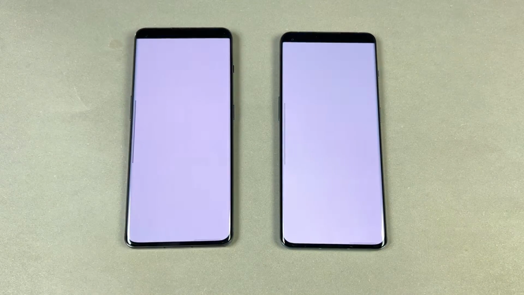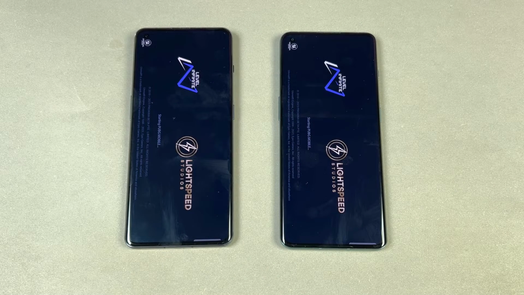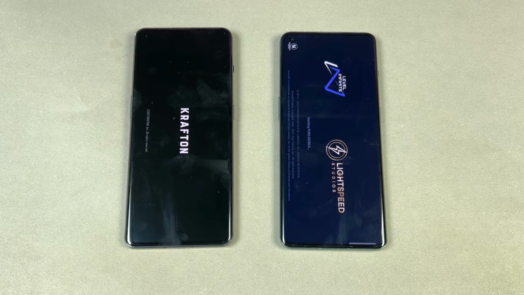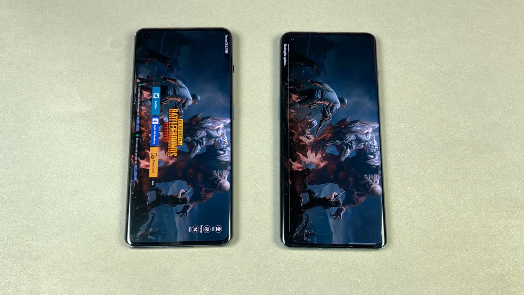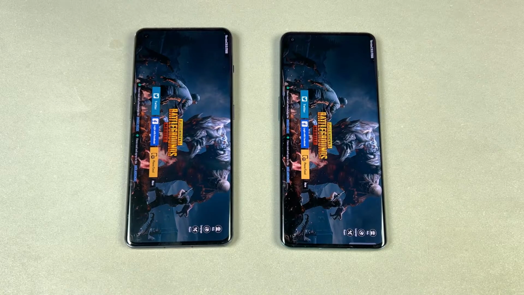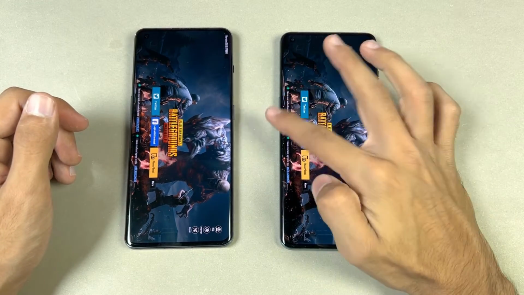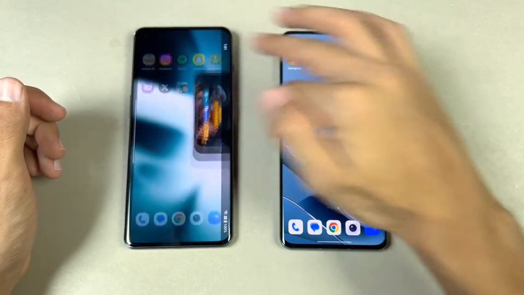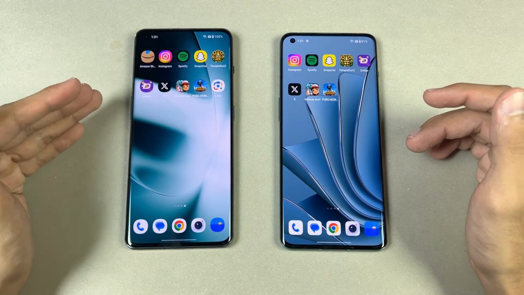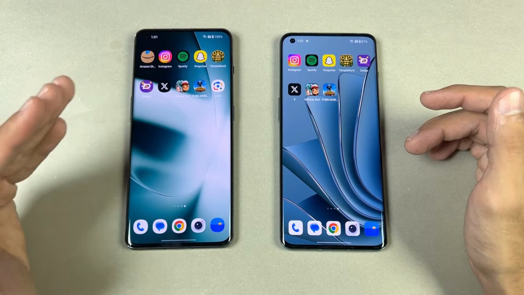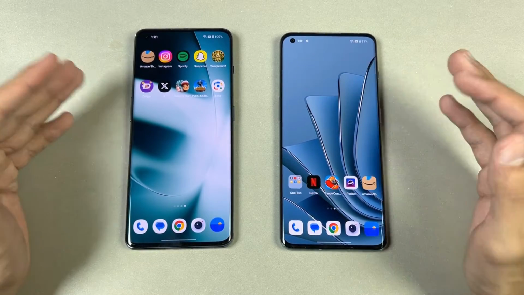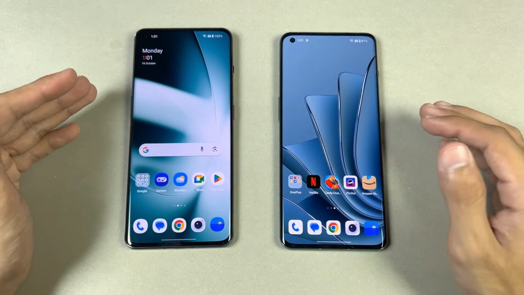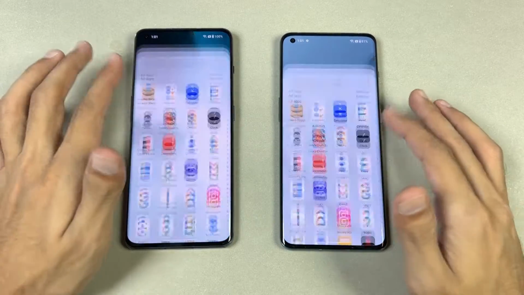And now let's see PUBG Mobile, a heavy game. Let's see in that game which one will be faster. Of course, we have really solid SoCs on both phones. So the 8 Gen 2 OnePlus 11 is done. We only have 1 second difference between these devices. Also in that game we have smooth graphics with 90 FPS on the OnePlus 11 because of the Snapdragon 8 Gen 2, versus the smooth graphics with extreme frame rate. So as far as the gaming performance is concerned, it is massively improved on the OnePlus 11 because of the